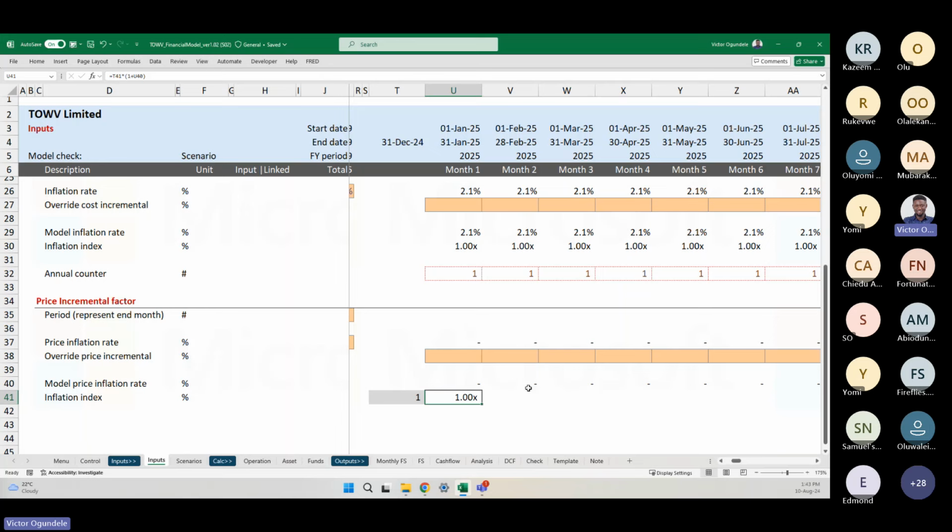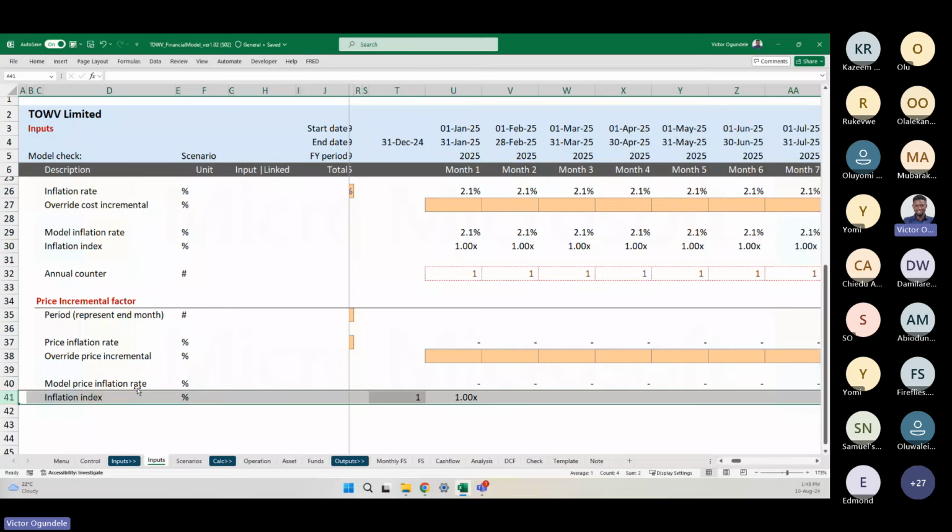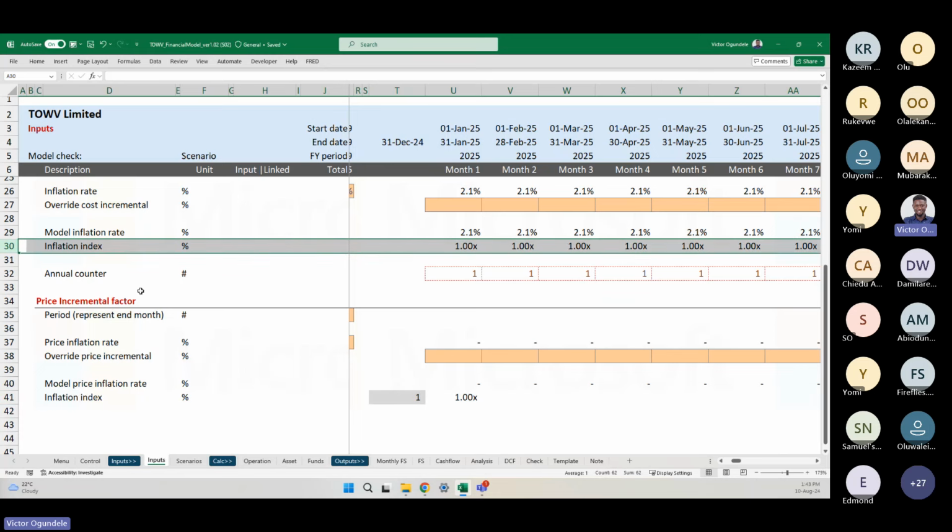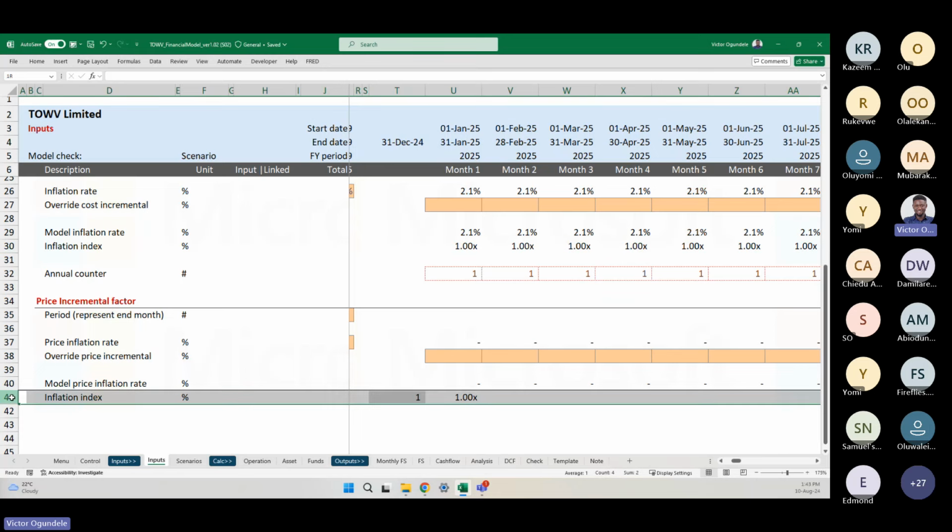Now, I know there's a school of thought that said if you are using one, make sure you stick to that one for both pricing and cost. So which means if you are using this second approach for pricing, make sure you do the same thing for your cost. If you are using the one that we use under your cost, make sure you use the same thing for your what? For your pricing. So we call that consistency